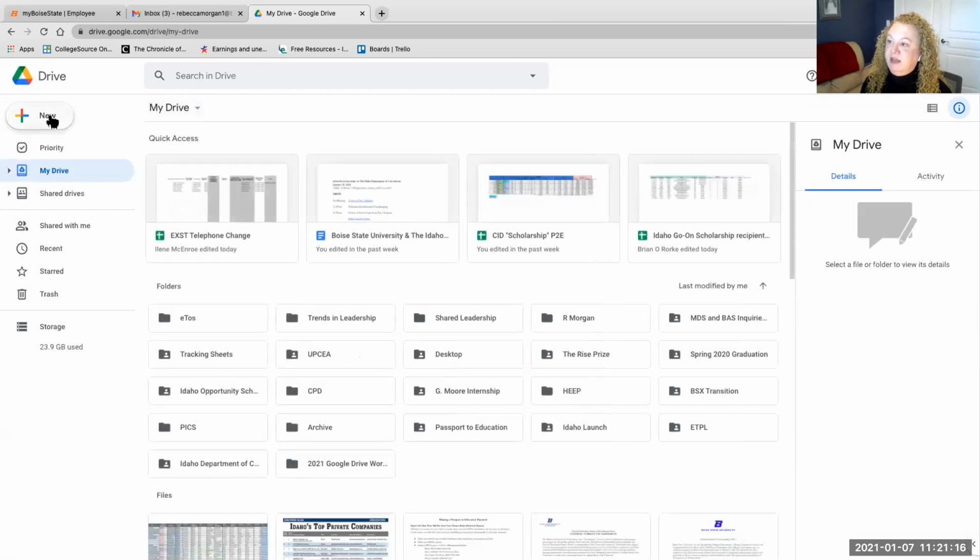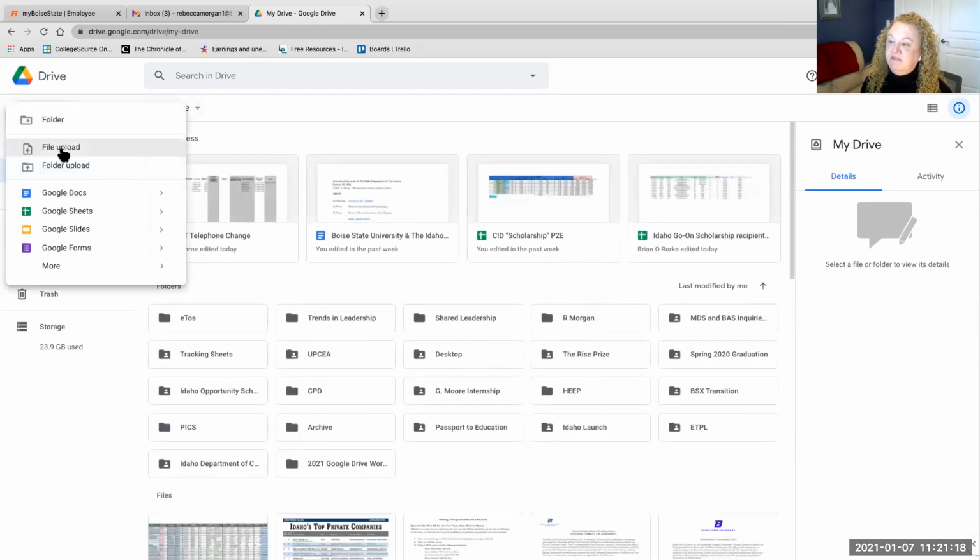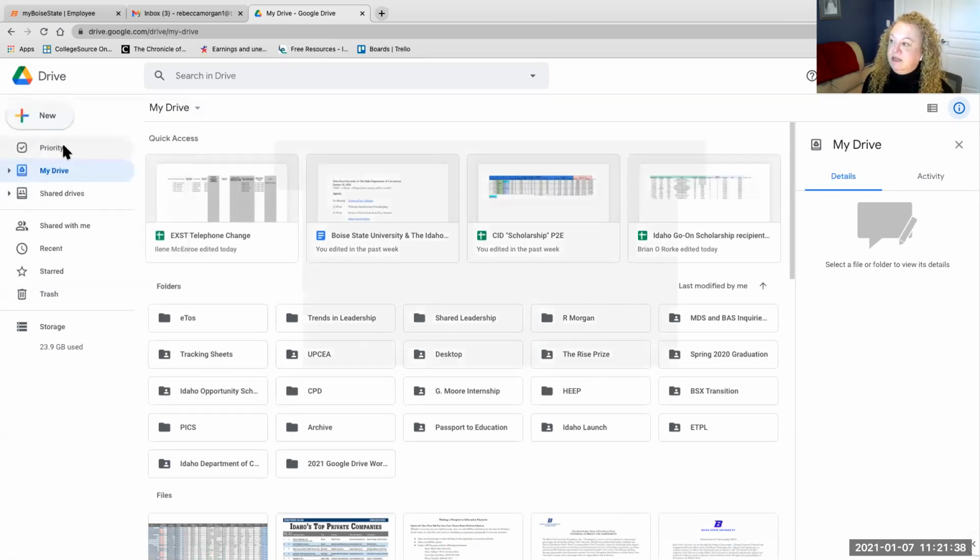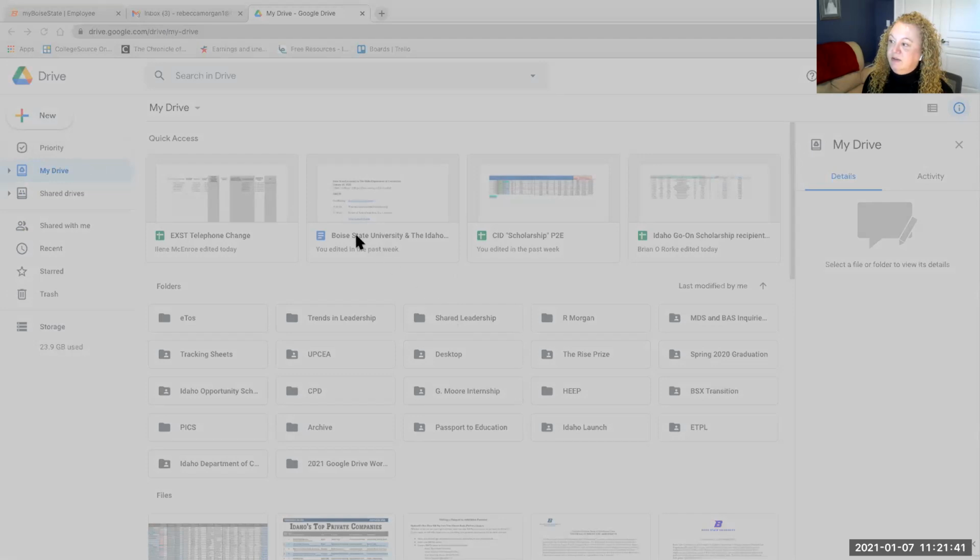If we go back to my drive and click on the New button again, it'll also have a file upload. Now I have created a file that's just a pretend thesis paper that I saved to my desktop, which sounds pretty normal for students. Like you've been working on something and you've saved it to your desktop. So if I click on File Upload, then it's going to bring up what would you like to look at. These are all my downloads. But if I go to my desktop right here, here is my 2021 Google Drive Workshop Word document. I created this in Word, and you can see that it says docx. So if I click on that and I click Open,